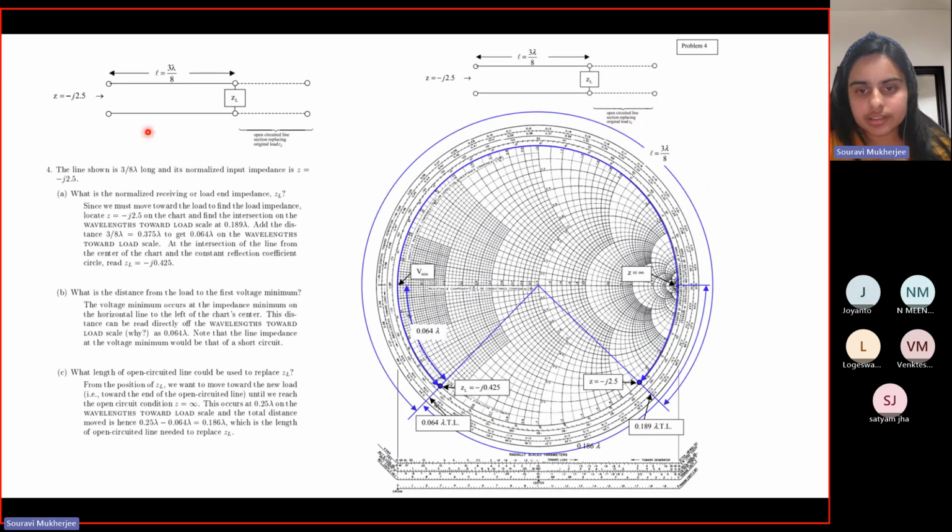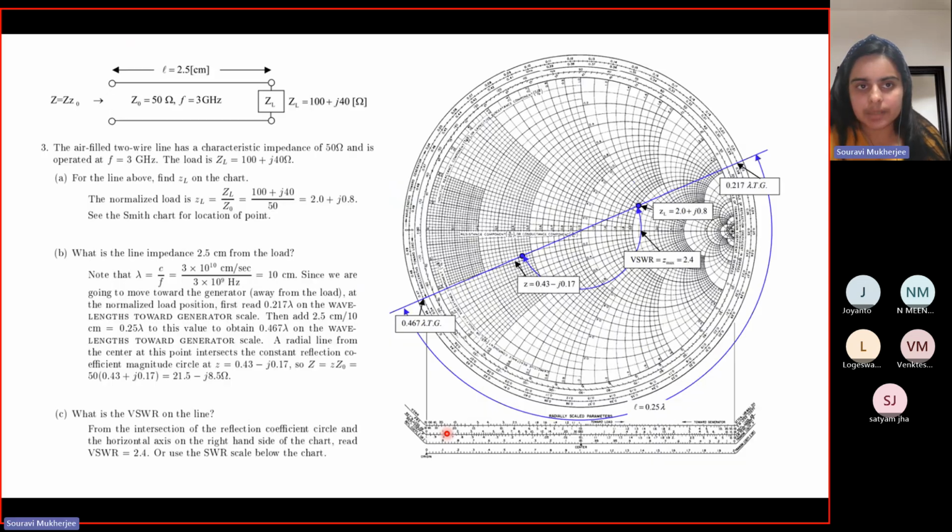In certain questions, you can have the other way around. In the last few questions, your ZL was given, and you had to find the impedance at the source, at the generator side. Now the other way around can happen, where your impedance at the generator side is given, you have to find the load impedance, and the length of your transmission line is provided. Here you use another scale, which is called the wavelength towards load scale. The only difference is that in this scale, you have to move